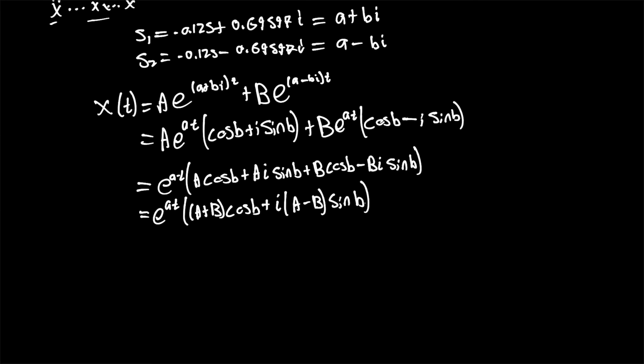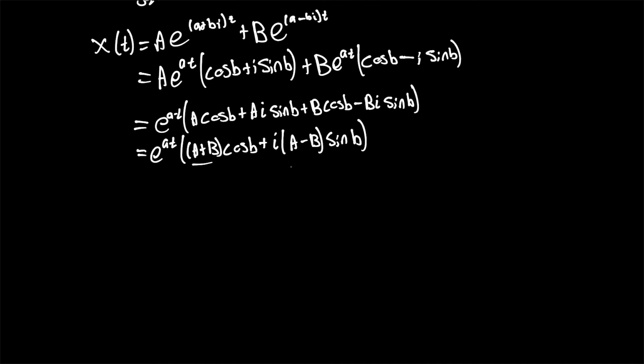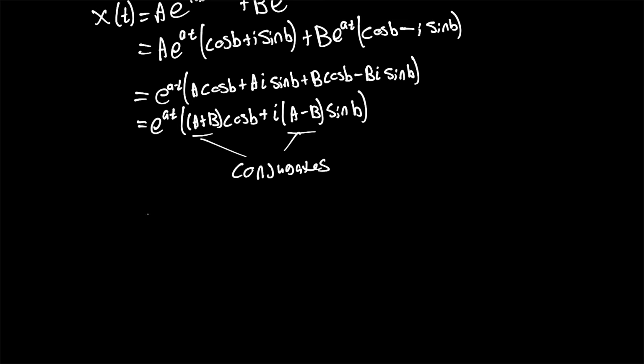And this gives us another interesting result. We can note that a plus bi and a minus bi are, once again, conjugates. And we can also note that both sides of this equation are offset by 90 degrees. We have a cosine, we have a sine. Those are offset by 90 degrees. So let's define A and B. Let A be equal to some complex number, k1 plus i k2, and we'll let B equal the conjugate of that same complex number, k1 minus i k2,